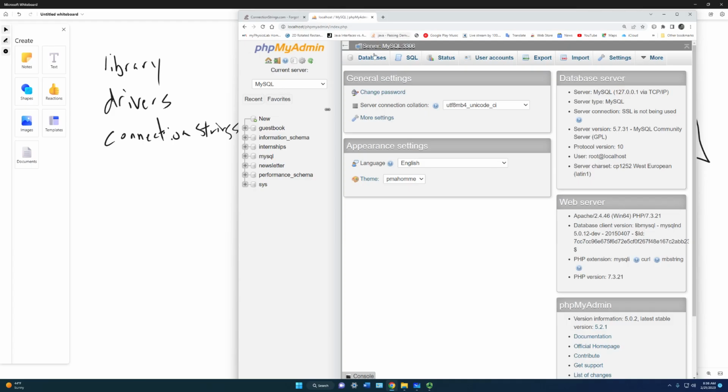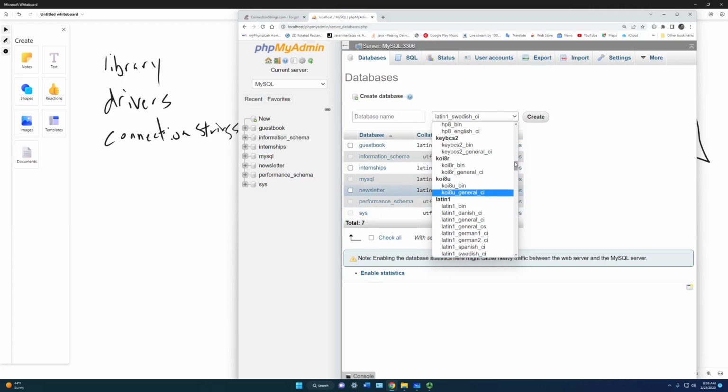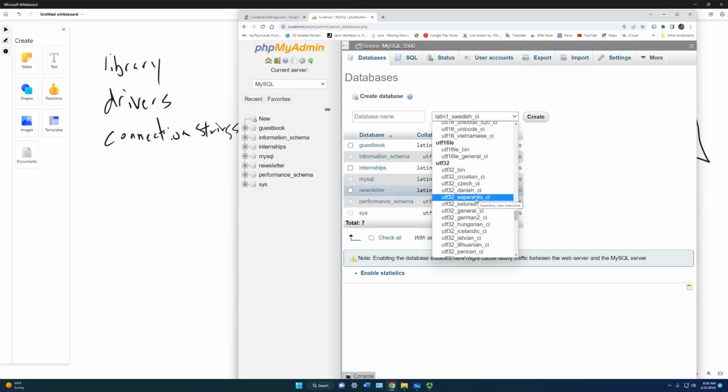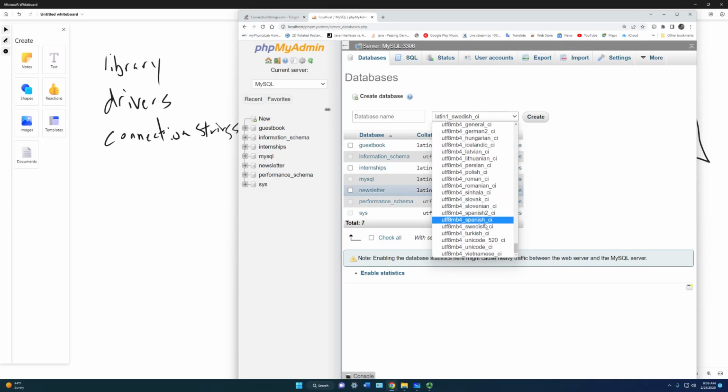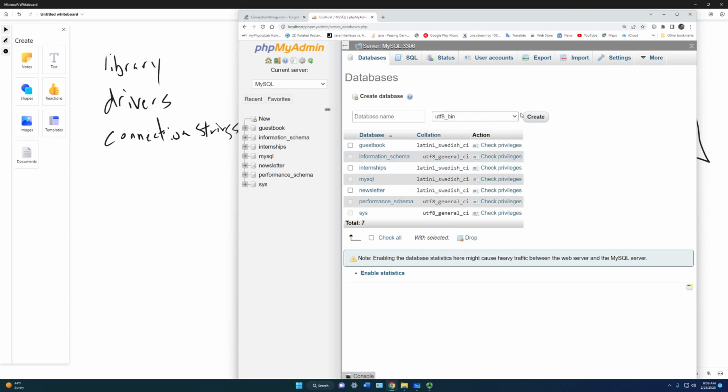I'm going to go up here to databases, and I'm going to go to create. We want the right character set with this. So anything that says UTF-8. UTF-8 is something that's more Englishy. UTF-8. Let's see. UTF-8. No,